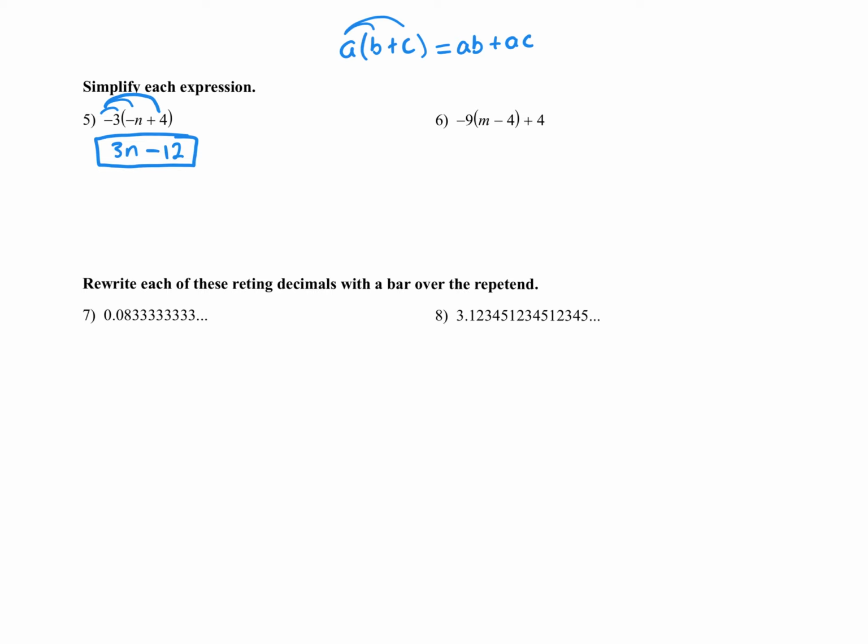Notice I cannot add these two together because this one has an n in it, and this one does not have an n, so they're not like terms. They're different. So I'm just going to write it just like that. Over here,